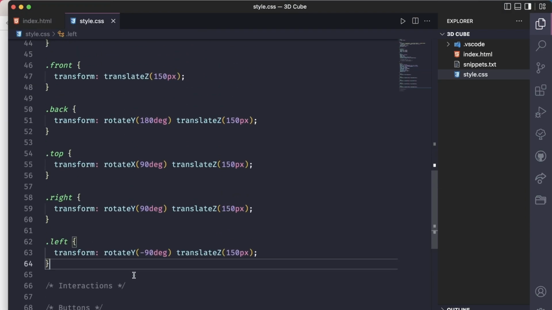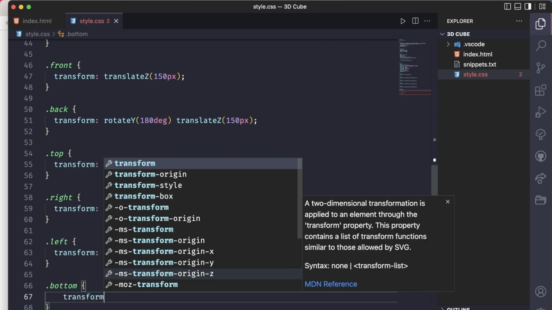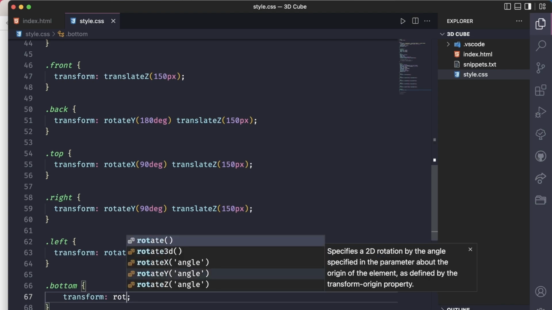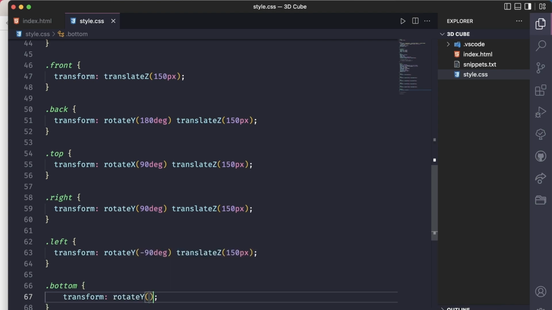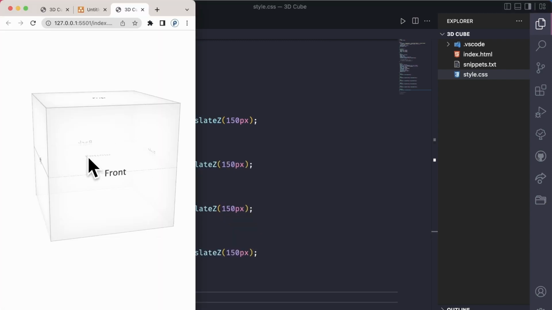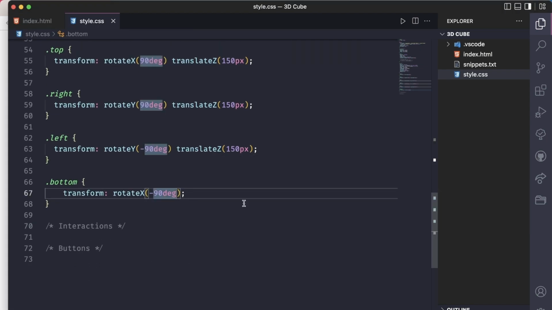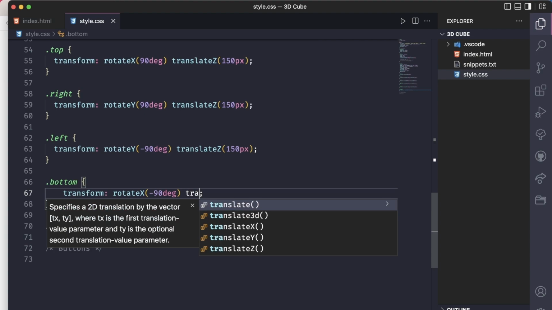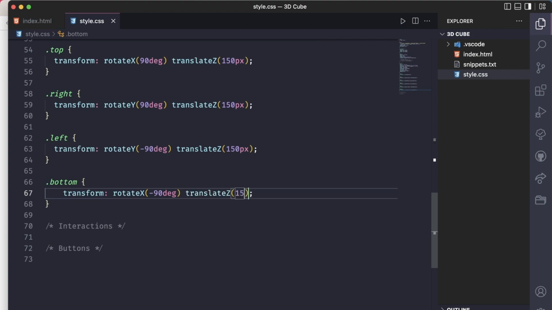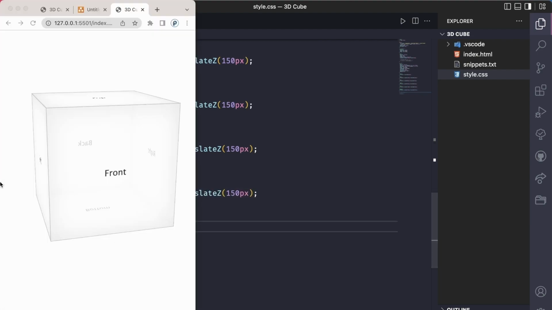So then down here, let's get the bottom and then transform and rotate X to a negative 90 degrees. All right, go back, and there we go. You can see this rotated on the x-axis, and again we need to add the depth for that, so 150 pixels. All right, so now if I go back, now you can see there is the bottom of the cube,